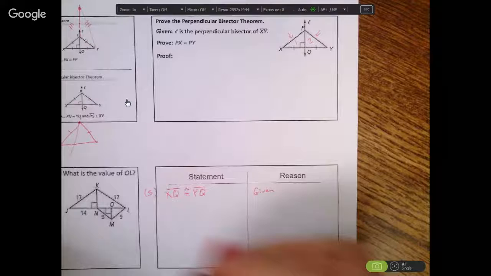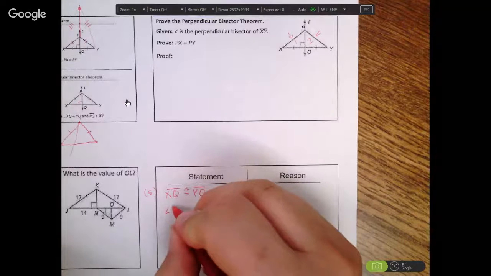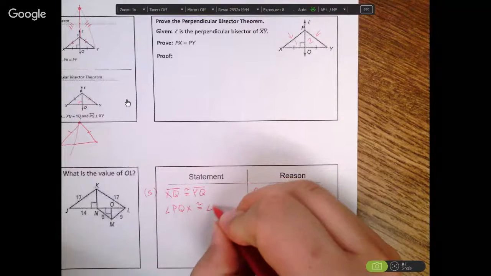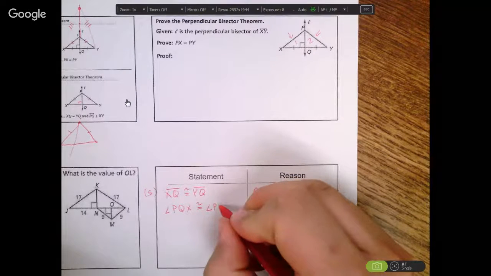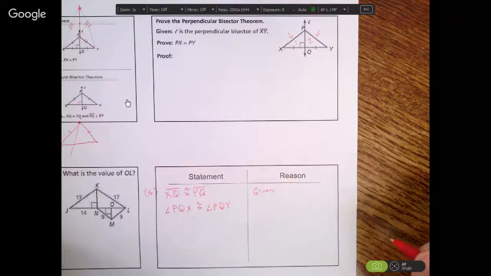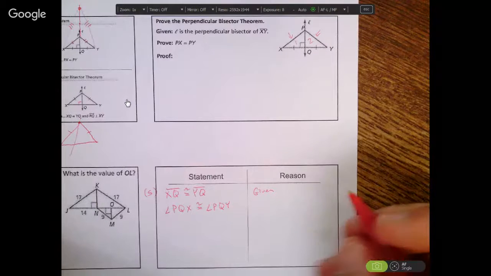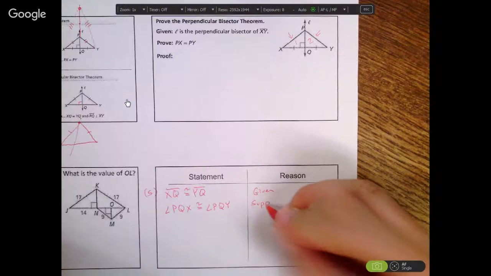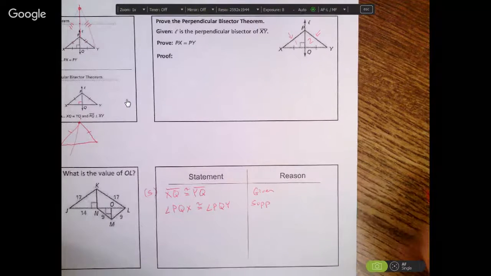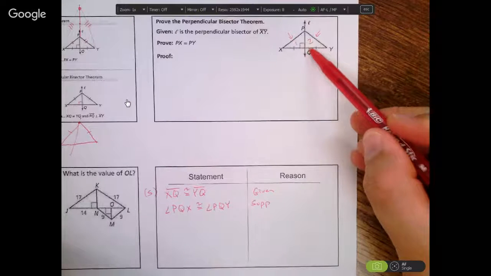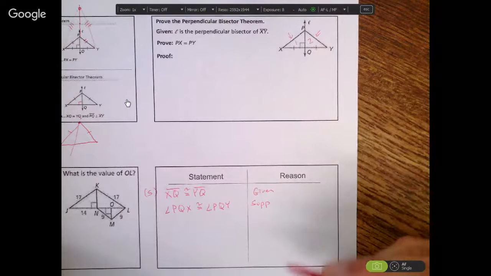Angle PQX is congruent to angle PQY. That's supplementary. I would also accept given on that one. Because they gave you the 90 degree. I mean, that's kind of a weird one because they gave you the 90. So supplementary